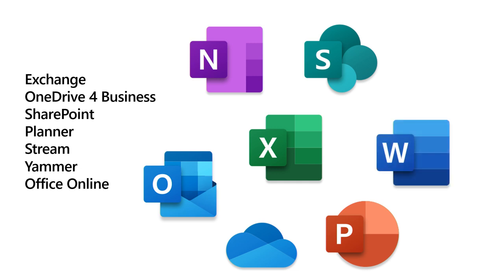Same with PowerPoint, same with Word, same with Yammer. And Yammer's new, right? Yammer's now in the rail in Teams. So what do you need to do to make sure that Yammer actually works? Because your users are inadvertently going to click the button and say, hey, I want to use Yammer. The button's there. If the button's there, they're going to want to click it. So make sure that you know what you're getting yourself into when you switch things on.